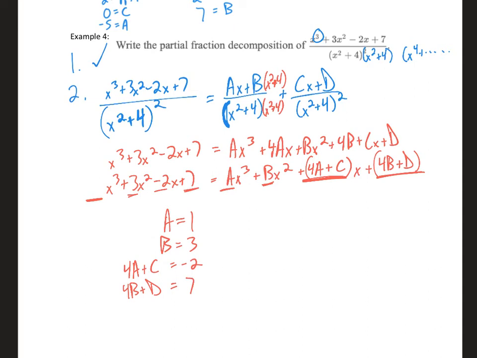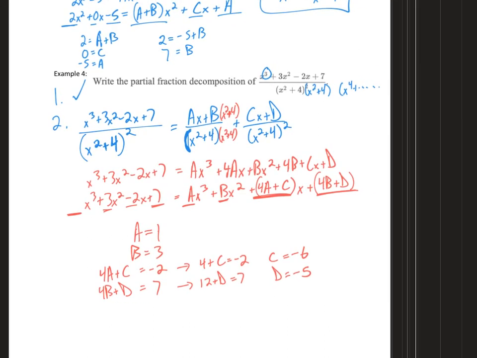So we've got a system here. It's not too bad to figure out. Again, you could solve it using matrices on your calculator, but since I know that a is 1, this guy becomes 4 plus c equals negative 2, subtract 4, so c equals negative 6. Down here I know that b is 3, so 12 plus d equals 7, subtract 12, so d equals negative 5. So, rewriting my answer here,